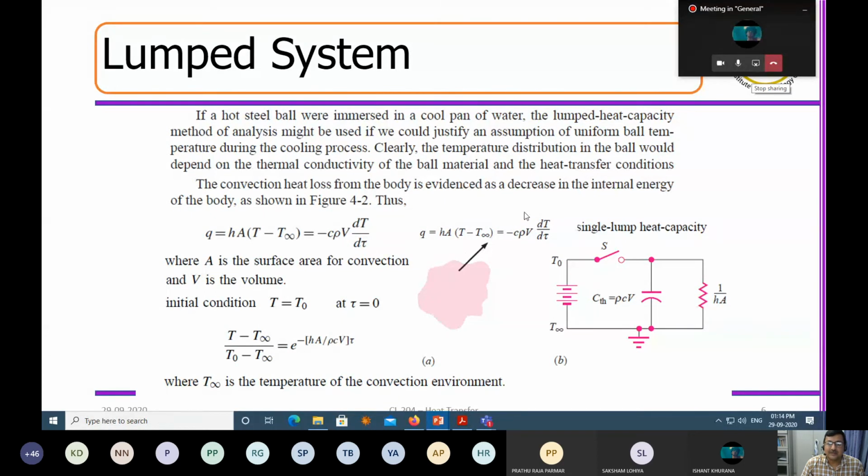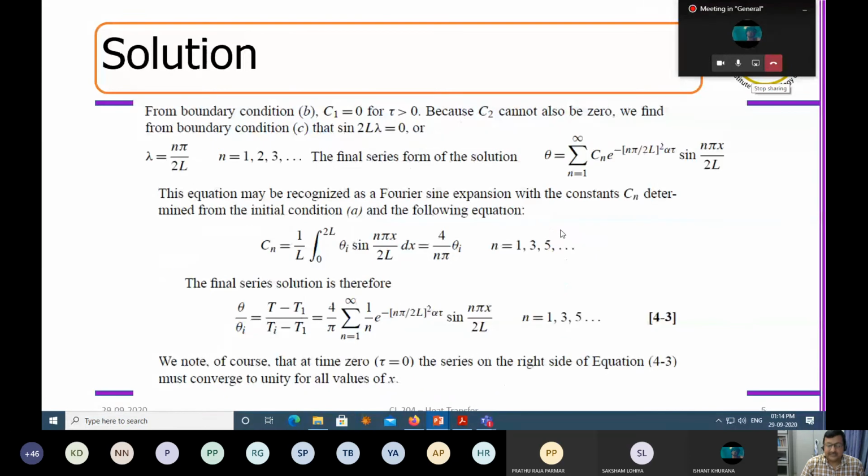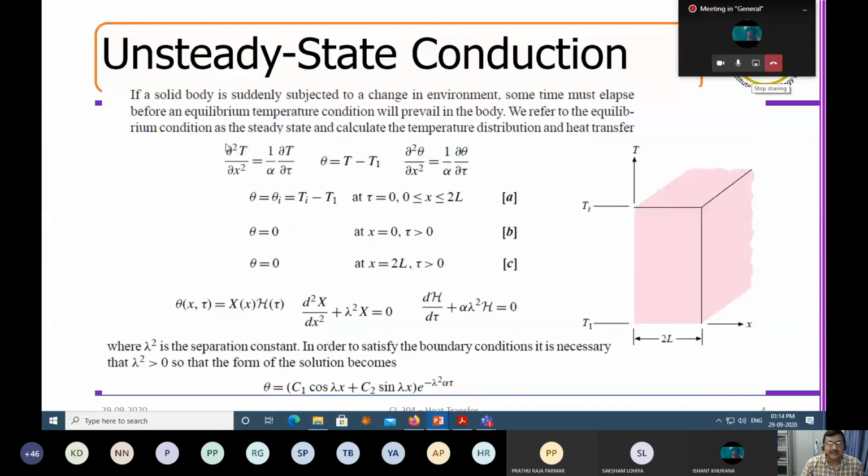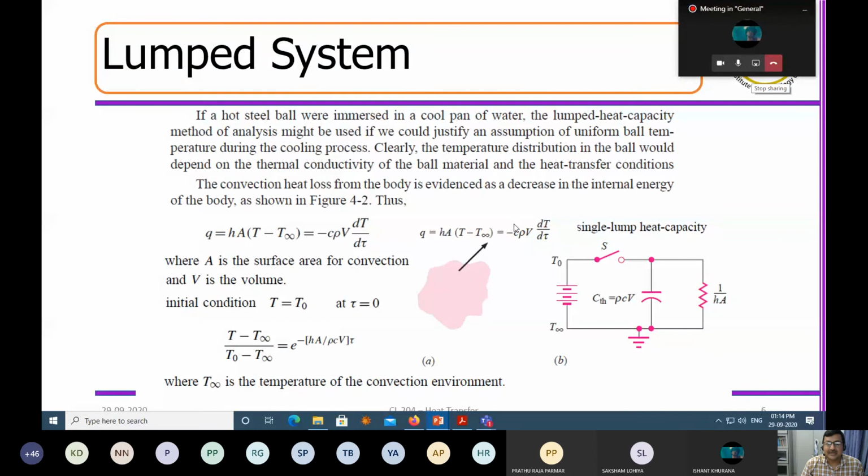So this is your capacity. This is the change in the internal energy, right? And this is the convective heat transfer associated with that. Now, if I equate these two, earlier I was equating the conduction with respect to time. Here, what am I equating? I am equating the convection. Actually, in the actual case, these two will come together, right? Now, if I just balance the convection part, then what happens?